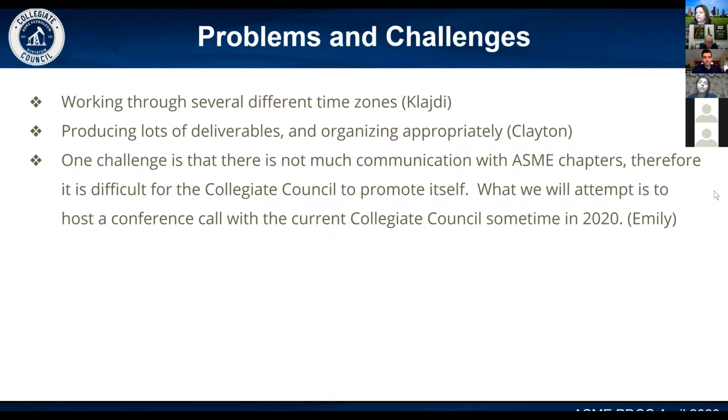So one problem that came to mind for me was producing the amount of deliverables and organizing them appropriately, because I think initially we had 7 or 8 things that we were going to try to deliver, and we had to figure out what we were capable of handling, so that instead of producing a lot with only getting a little out of it, we could produce as much as we could, but everything we produced would be good. And in the process of that, some new ideas came to light too, like the conference call. Going through the projects, we realized, hey, this might be a good thing. So that was another thing that ended up being doable.